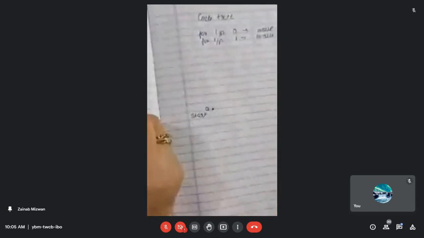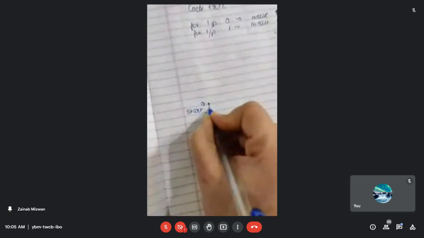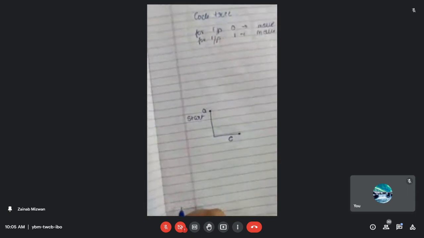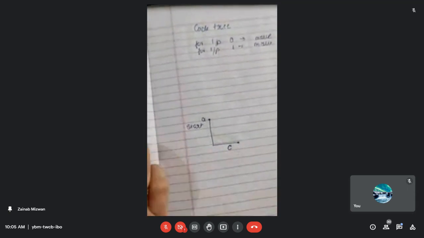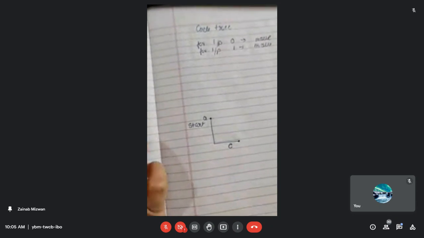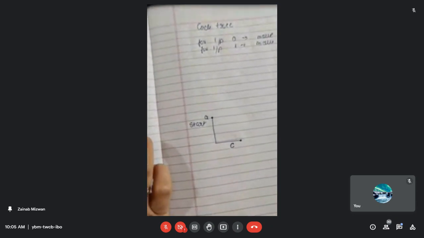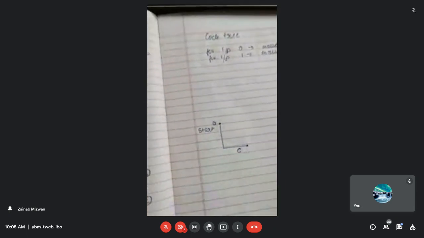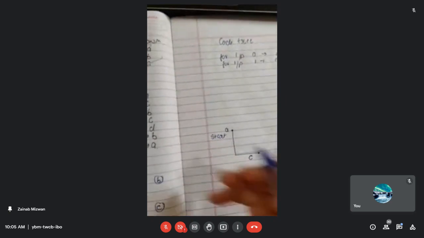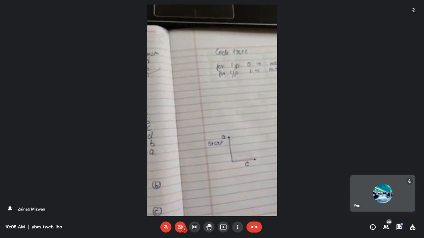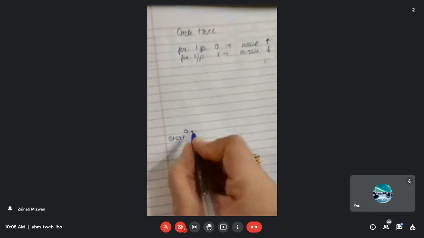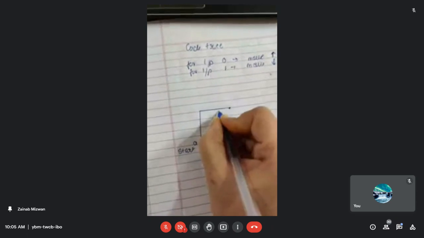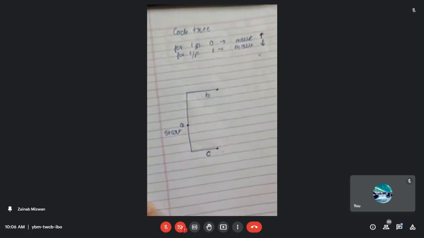Now the second one we have is A to C, so I'm going to move into the C over here. So this is the state C where we are going to move. Now when we come to the state C, we have moved from the state A to the state C. Now when have we come here? When the input is 1, so we have moved in the downward direction. Now while designing this code tree, I have to assume that if instead of this one the input would have been 0, then where would we move? We would move in the upward direction. Okay, we will move to the state B over here.